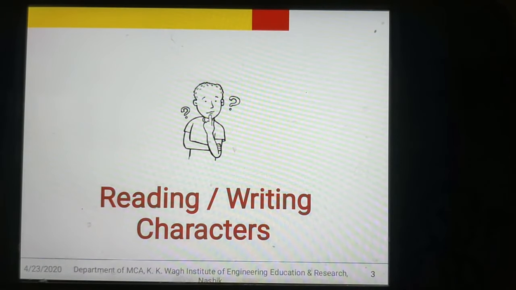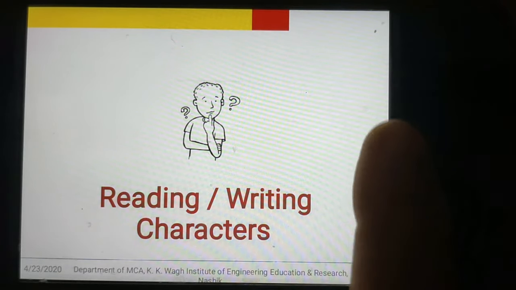Let's discuss, once you create the file, how to read or write the character or the byte data. As we discussed in the stream object, we can perform two types of operations on file handling, that is, you may read or write the data by using the character or by using the byte. Similarly, by using the file class also we can perform those two types of operations. Either you can read or write the data by character, or you can read or write the data by byte.